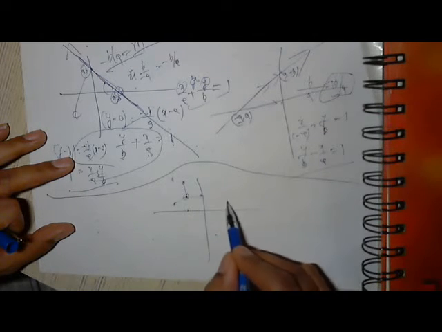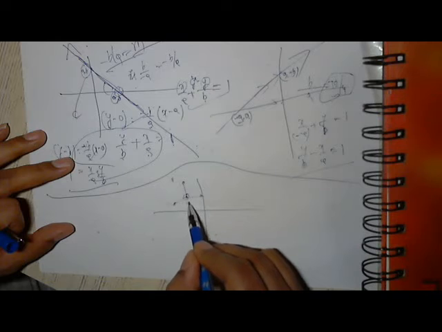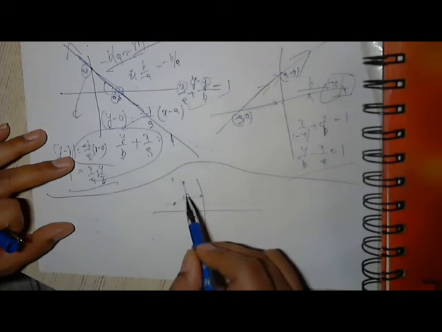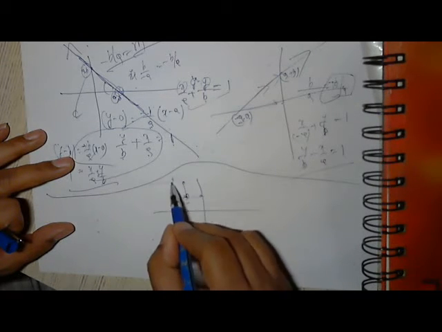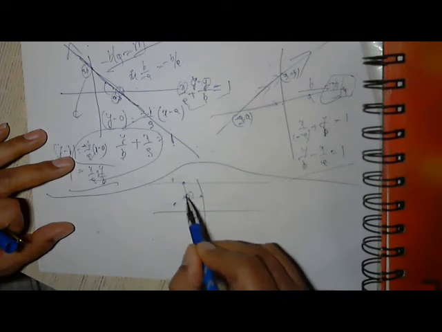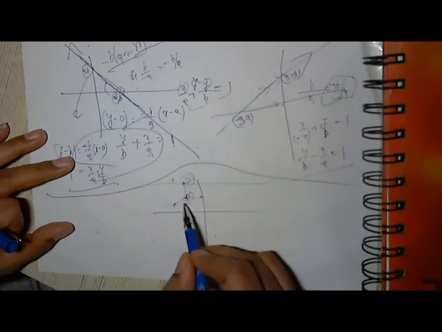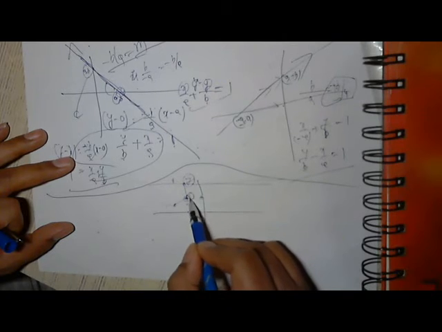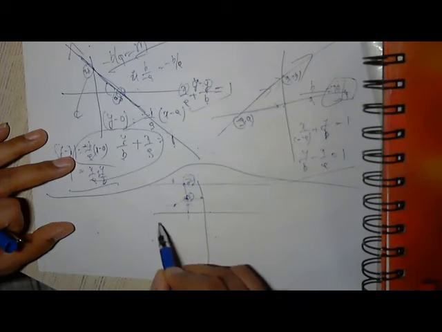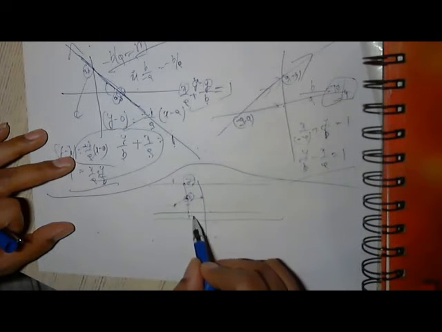But if I draw parallel to the x-axis, is this line smaller than this? So I have to have 4 units here and draw a parallel line. To the y, y is 3, so when I do it, it is 7. So this is parallel to the x-axis and 4 units from this, or this line is also parallel to the x-axis and 4 units from this. Both are okay.